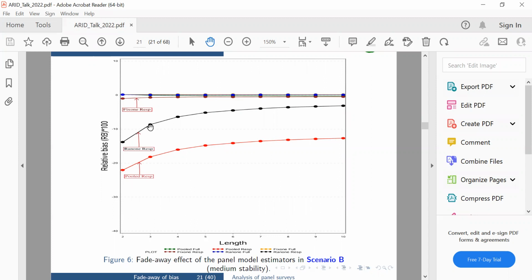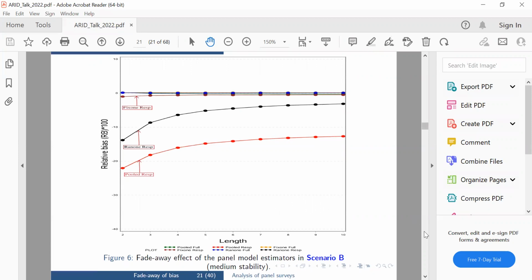Similarly जो random effects model graph है, आप लोग देखें black line से, वो reduce हो रहा है, लेकिन फिर 2-3 तक वो constant रहता है, 7 wave के बाद वो constant है और इसका effect constant रहता है। लेकिन ये जो fixed effect within estimate, आप लोग देख रहे हैं कि इसका effect medium stability पे भी मतलब almost zero है, मतलब इसने जो bias था वो almost zero है, मतलब ये estimator unbiased है।